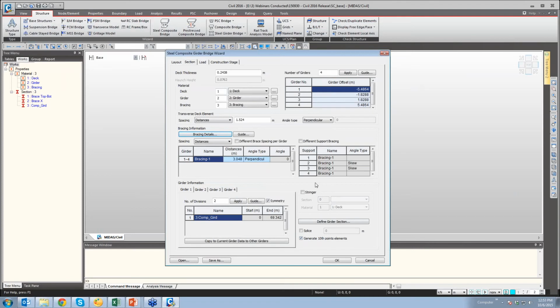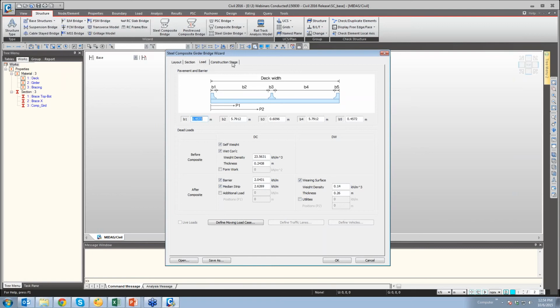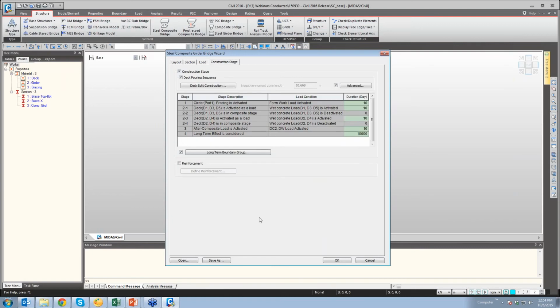Okay, so just like the previous case, again the girder distances have been mentioned as in where I want the girder and everything, and what span, if at all the depth of the girder is changing, then you could divide and you could apply those loads and the construction sequencing.